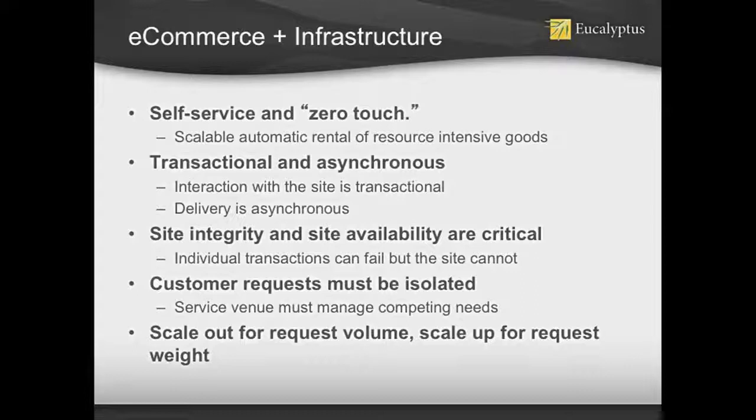And then there's really two kinds of scale. We hear about scale out, and this is the idea that you're going to add resources to the platform, and you scale out for request volume. As users join your system, or as more and more users begin issuing requests, you need more and more resources, and that's because the user requests are isolated. And you must scale up with request weight. Not all requests of a cloud carry the same weight. If you are asking for things that are heavyweight, that require more computation, then you need to devote more cores, more memory, more disk to them. So you need to be able to scale out for user requests and scale up for request weight.